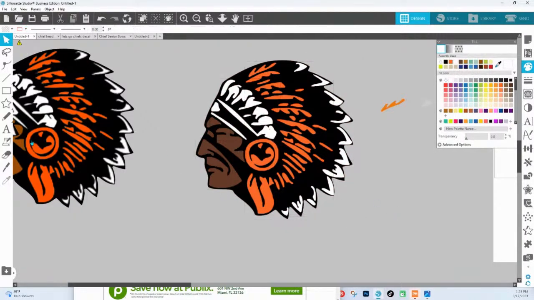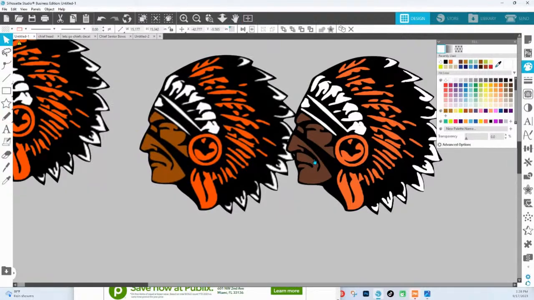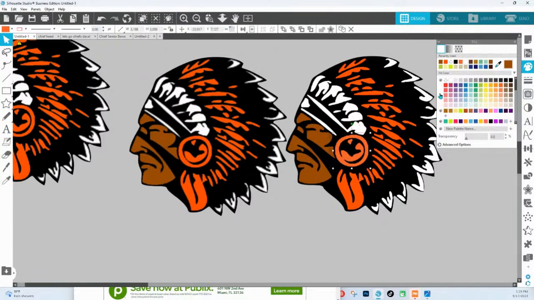All right, so I'll even make this the exact same color here, the exact shade of brown here. Does this make this any better than what we had here? Okay, someone over here says no,